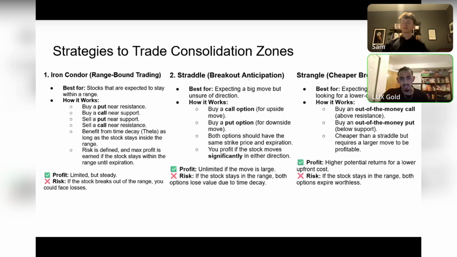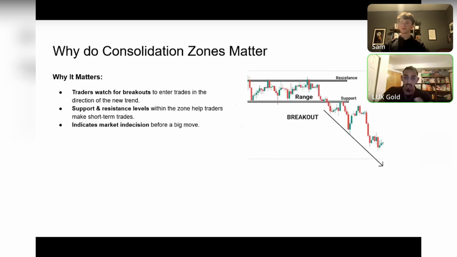And then the last one is the strangle. So this is when you expect a breakout, but you're looking for a cheap call or a put. So what you would do, for example, again in this picture that we got here,